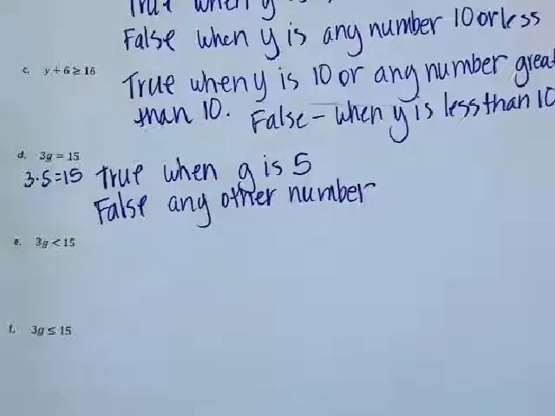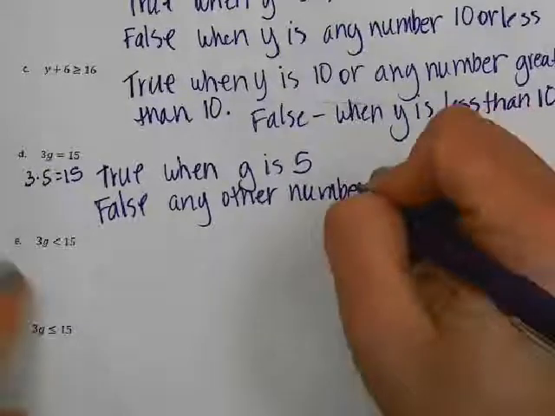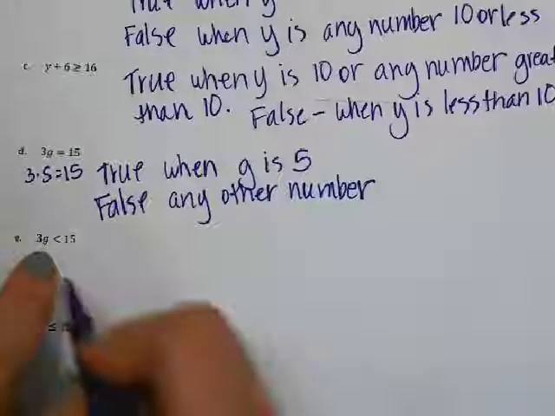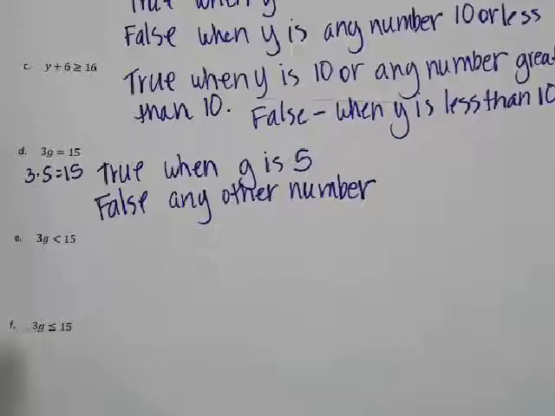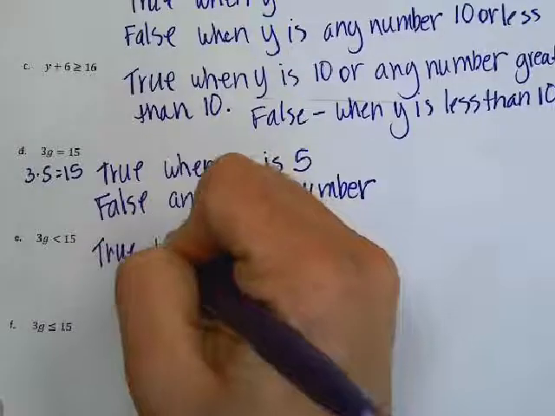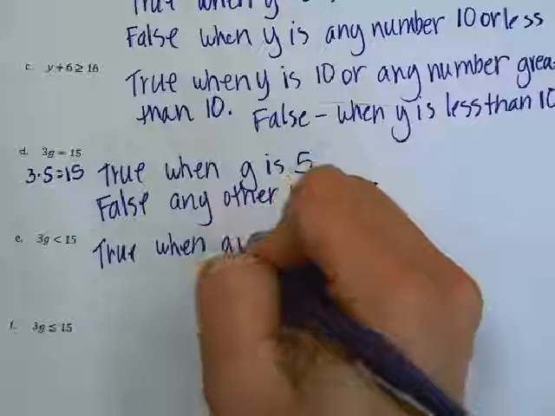For letter E, 3G is less than 15. So that means that whatever I'm multiplying 3 by, the answer has to be less than 15. So I know that I couldn't actually use 5, because 3 times 5 is 15. It's going to have to be a number less than 5. So this number sentence is true when G is